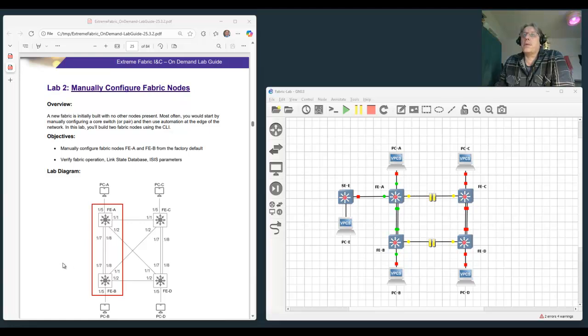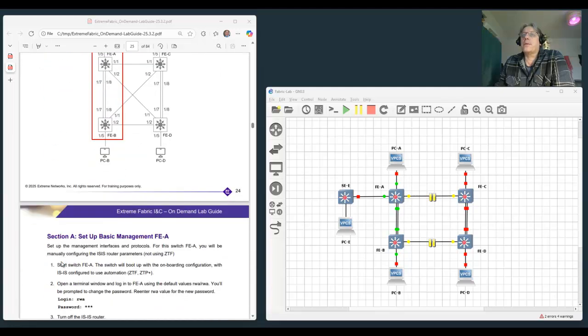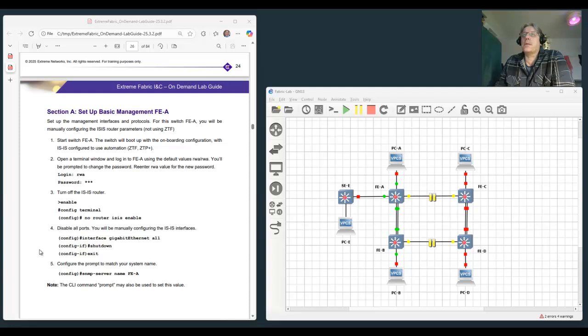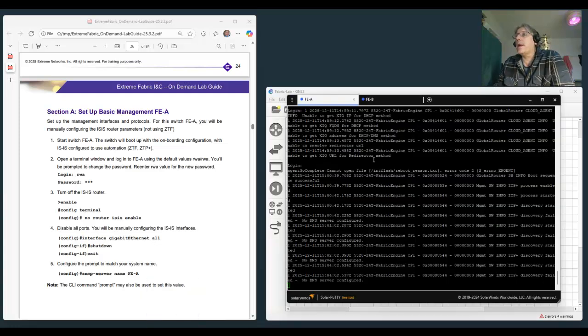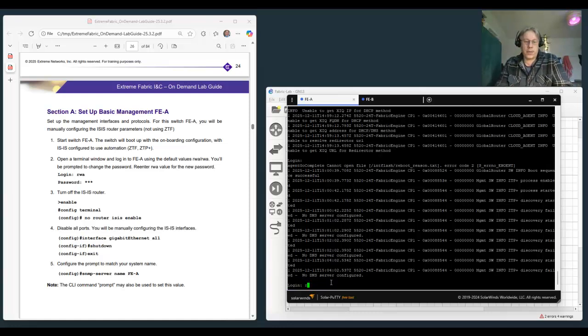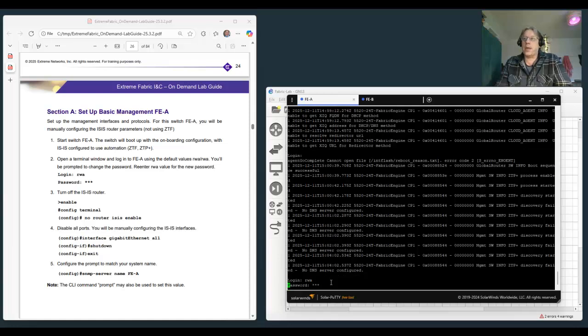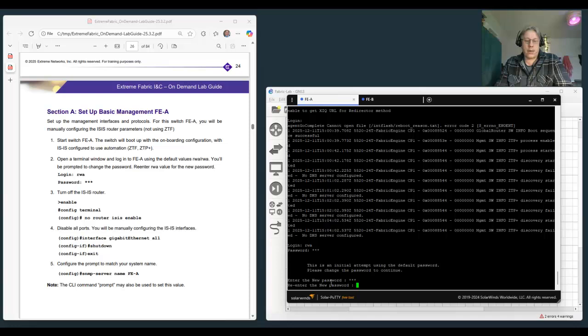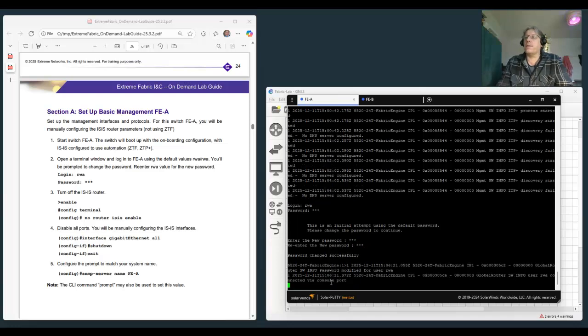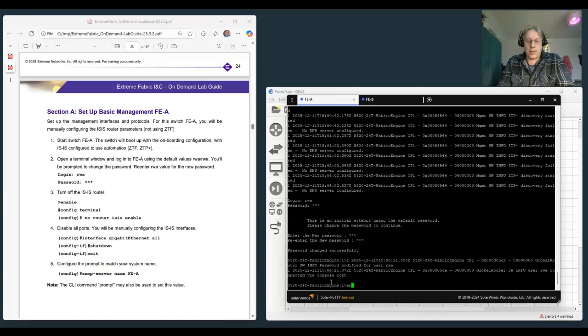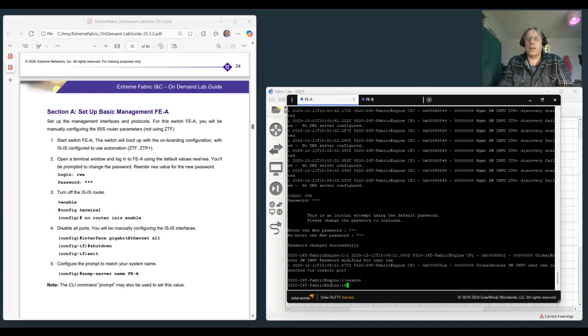So here we are with the topology. We're focusing on FEA and FEB. Just going to scroll down to look at section A, which is setting up the basic management of FEA. So what we need to do is bring up our console as before and look at FEA. We should be able to log in to the login prompt with RWA, enter the RWA again, just to put it back to the default, and enable gives you your hash prompt, and then we can go into config terminal,